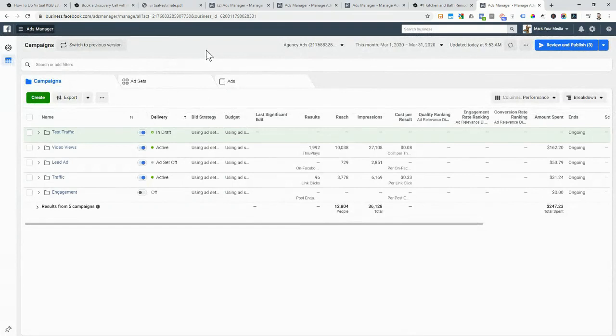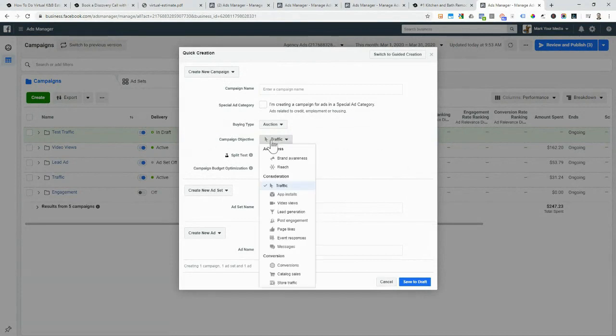Now, Facebook ads, it works like this. It's broken out by a campaign level, an ad set level, and an ad level. So there's 3 levels. So if you think about it, campaigns are on the top. Now, let's look at some of them. So these are your different types of campaigns. There's all different types. The ones that work best for kitchen bath remodelers and countertop companies are traffic. So you're sending web traffic to your site, video views, where you show someone a video, and then you can also send them to your website, lead generation, where you actually collect the lead on Facebook or Instagram. That works really nicely. And then messages, where you show them an ad and then they communicate through Facebook Messenger